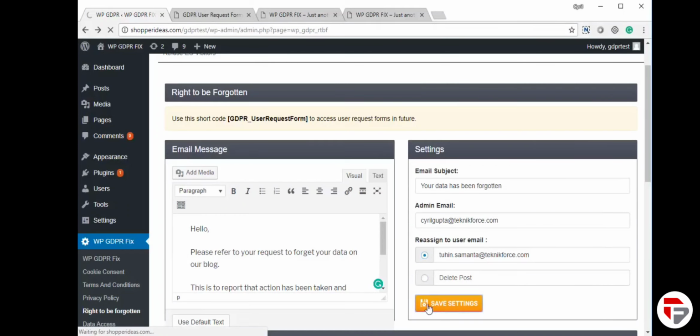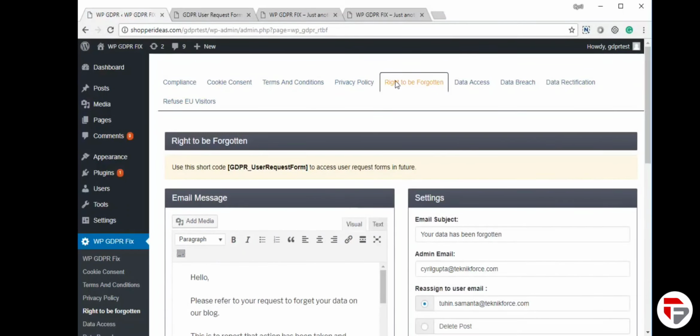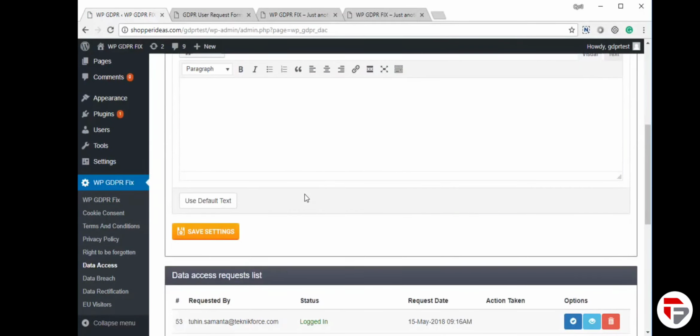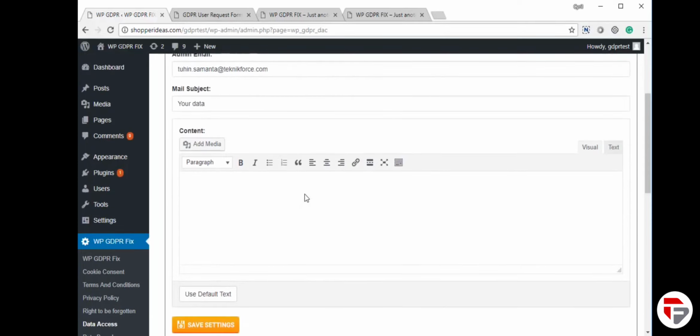And finally, click on save settings, and that's all. So then your right to be forgotten requirement is also set up correctly. Similarly, data access notifications. Now when people want you to tell them what data you have on them, they can